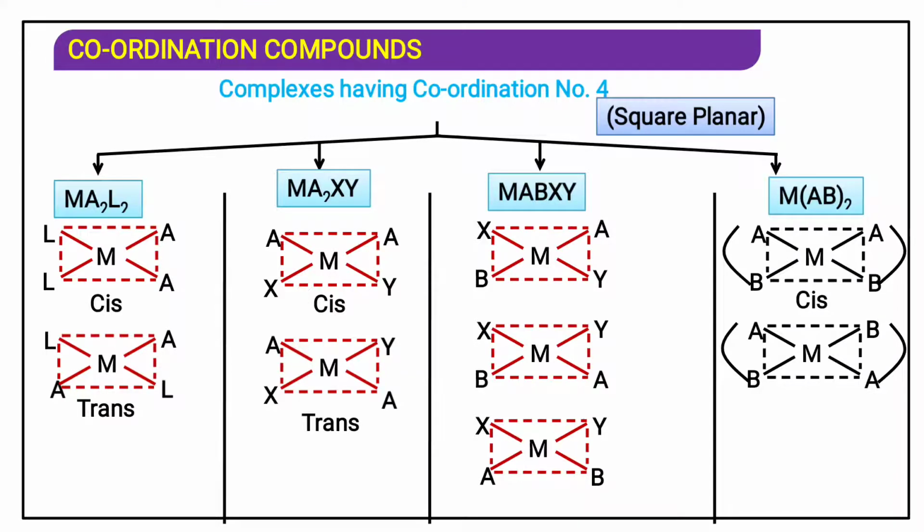Now for this bidentate or polydentate ligand, we say that they are chelate ligands. In the previous lecture I explained this to you. For the chelate ligand, we will see it as above the plane, the same as an alkene. Remember carefully for the chelate ligand, A is the same side above the metal and B is the same side above the metal. So for this you have to remember it as an alkene, cis and trans.